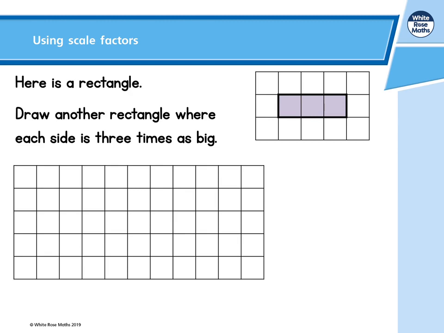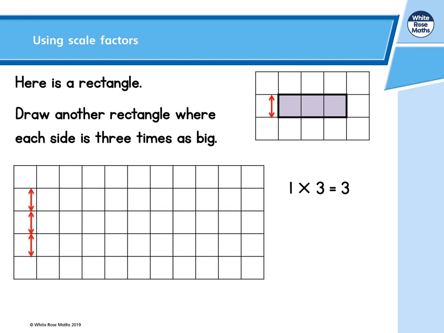Let's have a look at something now called scale factors. Here is a rectangle. We're asked to draw another rectangle where each side is 3 times as big. Let's take the width of the rectangle. The width currently is 1. We want it to be 3 times as big. Well, if we multiply the width by 3, we can see that the new width must be 3 times as